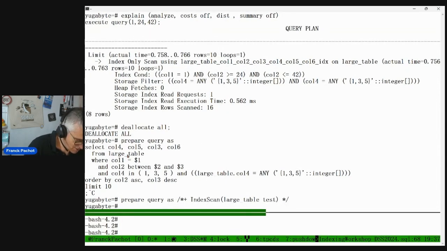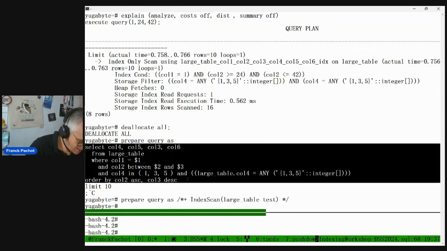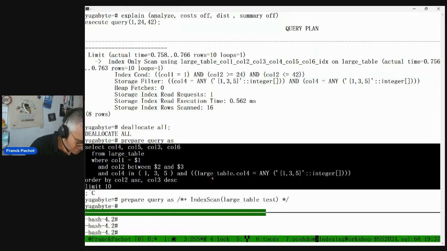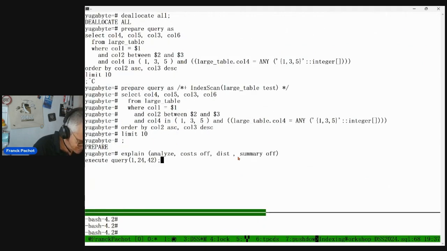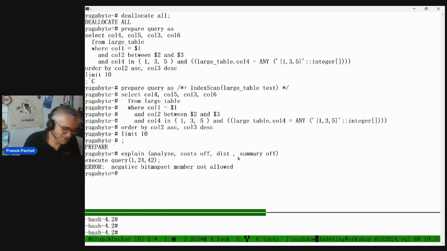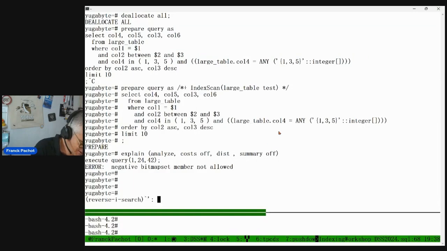My idea was just a silly idea that I can put the Boolean condition in front of the index. Okay, I will not go further. Maybe we have a bug there. Anyway, this is not a good idea because